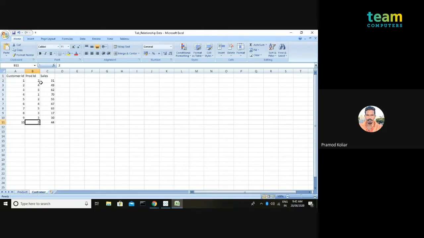And then we have the customer table. I have different customers, and each customer has bought each product, and the sales that have been generated. So you can see over here customer ID 1 purchased product ID 2, giving you sales of 31 rupees. That's what the customer table tells. So our objective over here is to estimate the profit ratio.